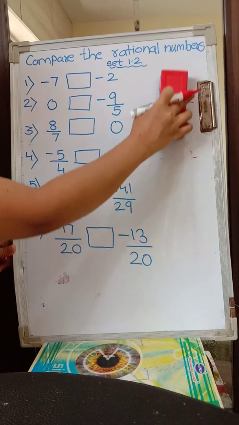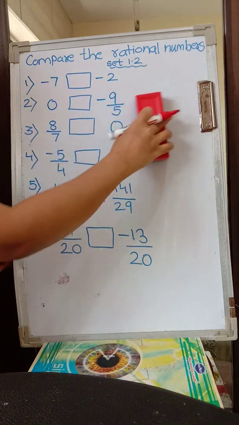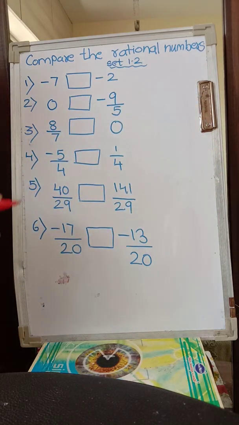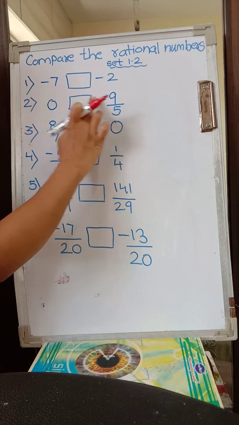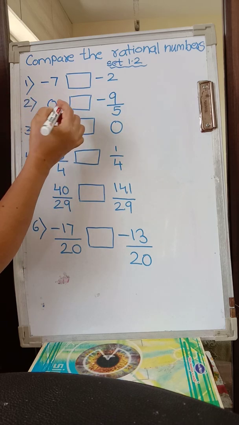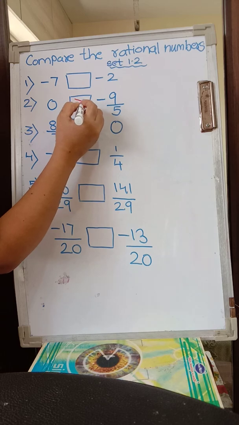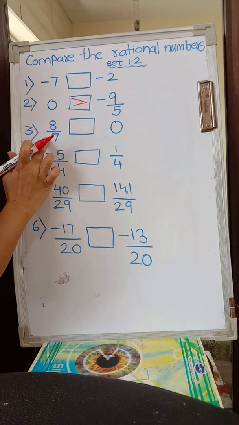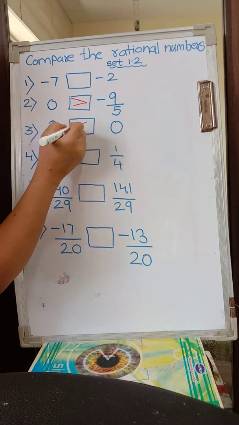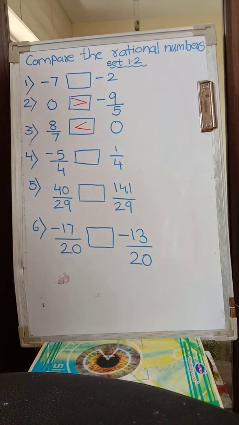Now when it comes to rational numbers, students, first of all you should know that any positive number is always greater than 0 and any negative number is always smaller than 0. So with this, these two questions will be solved. This is a negative number and this is 0. So naturally 0 is greater. Whichever is greater, you are going to give this sign. 0 is greater. Now here 0 is smaller than any positive number. So here you are going to give it this way. Alright. Now let us see other examples.